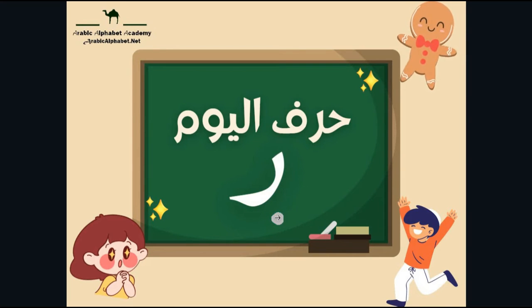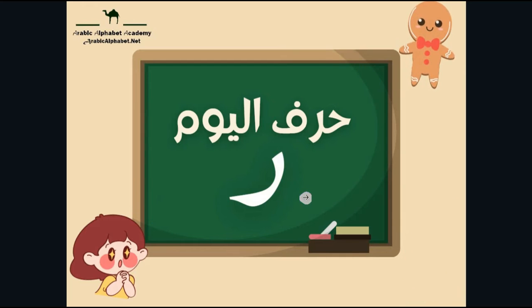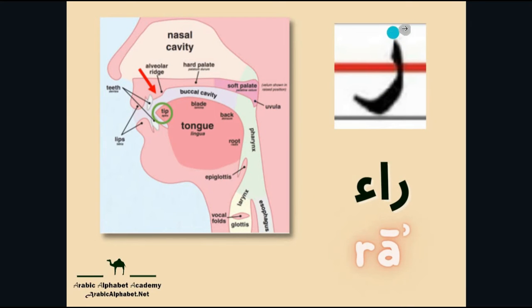Yes, حرف را. The letter Ra. This is what we are going to study together in this video. First of all, the writing. The letter Ra has no dots, no anything. It's as simple as a curve that goes from the line we write on till under it, like this,